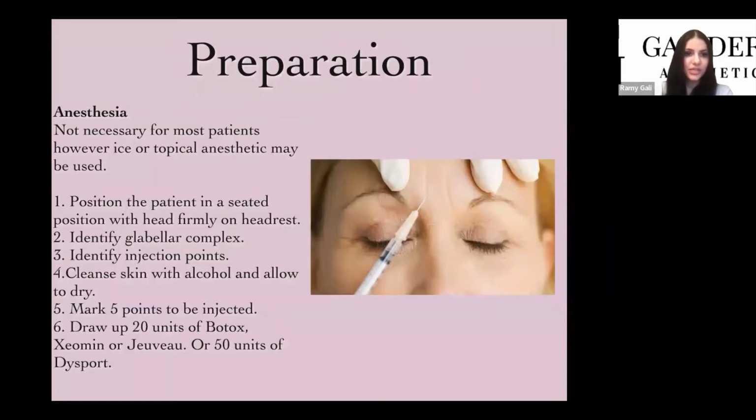Now, preparation. Anesthesia, quite honestly, I don't really use anything in most of my patients. It is a very comfortable procedure. I use insulin syringes when I'm treating. So going back to reconstitution,